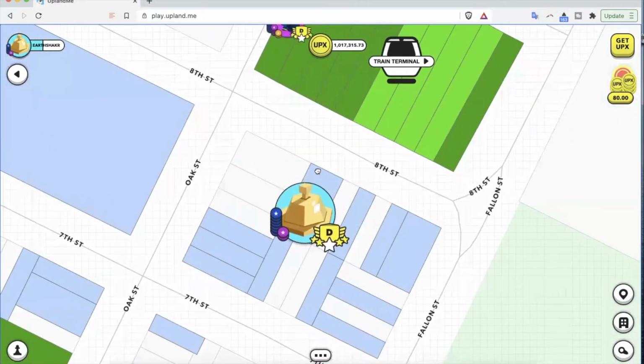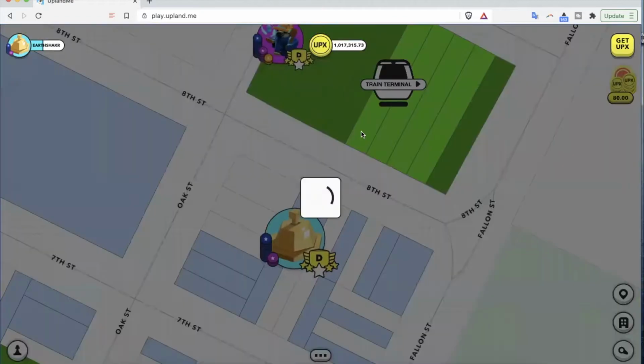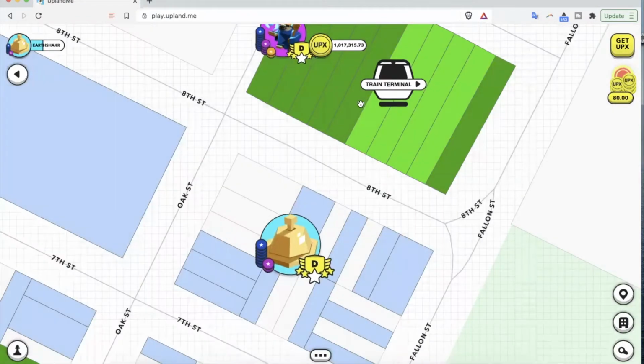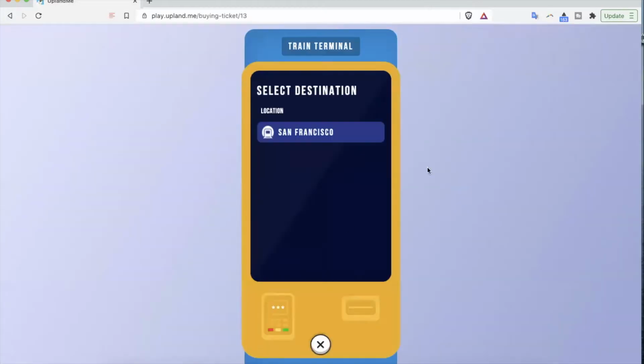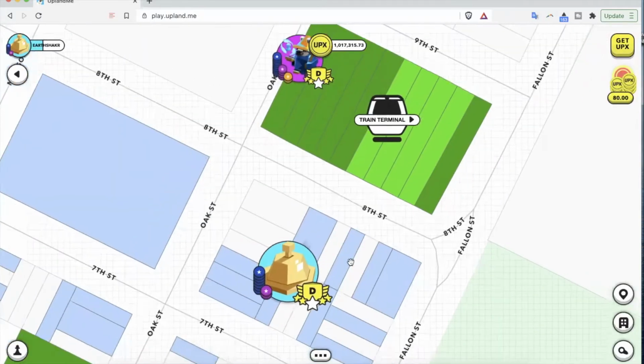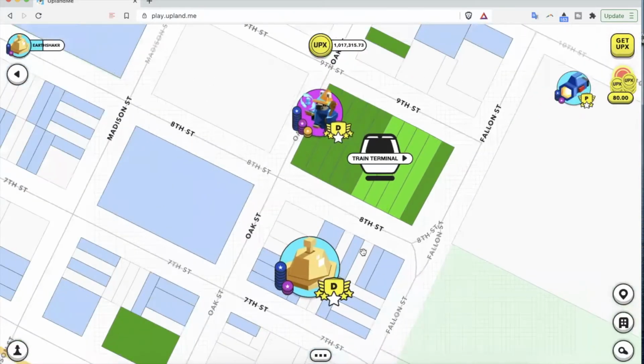So I just confirmed the send over. And then there we go. Nope, wrong. And now we can grab the train, I hope. There we go. Now we're close enough. So just click on the train icon and you can select San Francisco and then buy a ticket. I'm going to stay in Oakland, but if you want to leave, that's how you get out of Dodge,